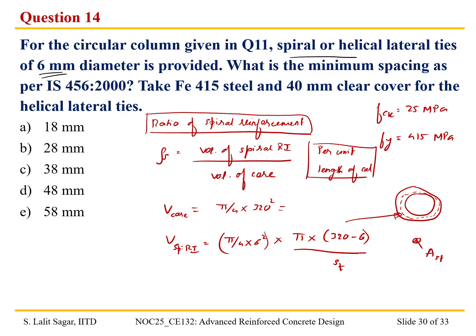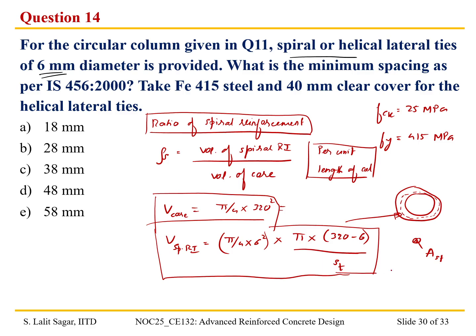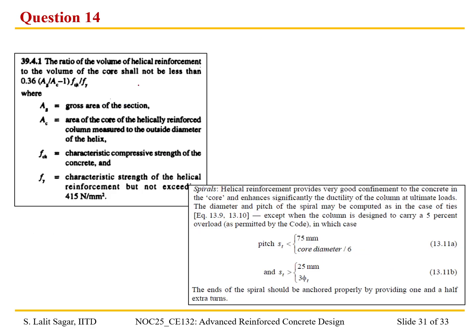Now let us simplify this value. I am going to proceed to the next slide. Here we have V core and V spiral reinforcement. Let us simplify that. So rho S is equal to volume of the spiral reinforcement,